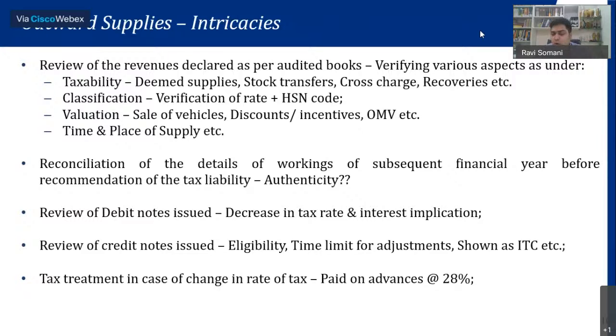In my view, this HSN code verification and the rate verification is an essential part. It is a backbone, and if we are doing it wrong, let me tell you, just imagine, an assessee who was supposed to pay 28% has paid 18%, or who was supposed to pay 18% has paid 12%, and we have not taken the pain of verifying the tax rate. And let's say the demand comes, additional 6% on the turnover, additional 10% of the turnover. Just imagine after 3 years, the government asks that assessee for additional 6% of the turnover, with that assessee not having a choice of collecting that money from the customer, and paying to the government with interest and penalties,